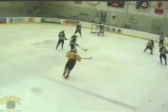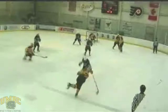Jukes around one man, comes to the slot, turns around, takes a shot, and it goes off of a Penn State player into the near corner. Clearing attempt foiled. Nice keep by Harchark there. Harchark keeping it in there. Eric Becker along the near boards. Eric Becker stops at the point, winds up, takes his shot, looking for the deflection up front, but the